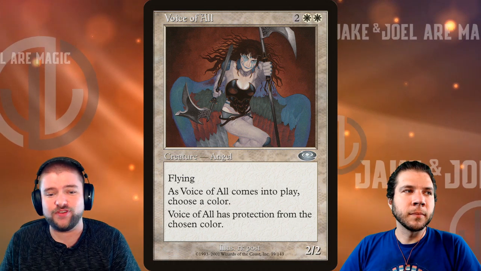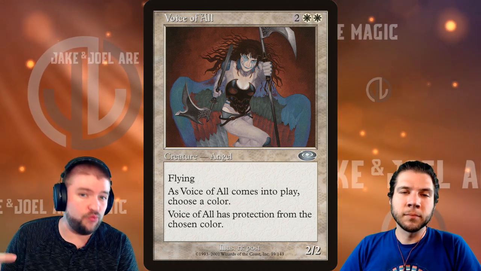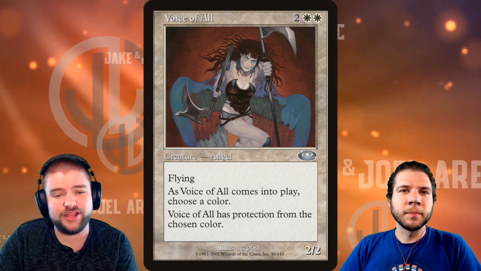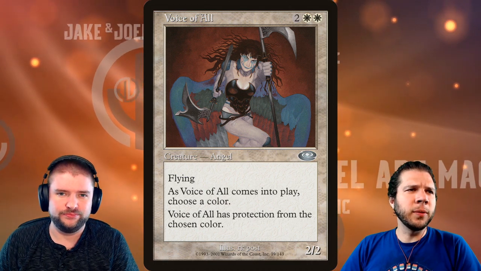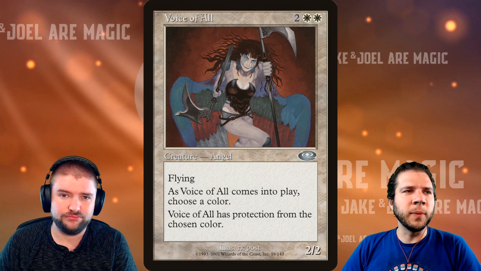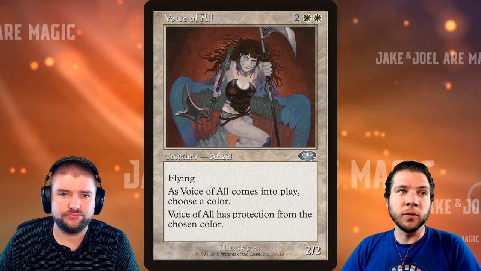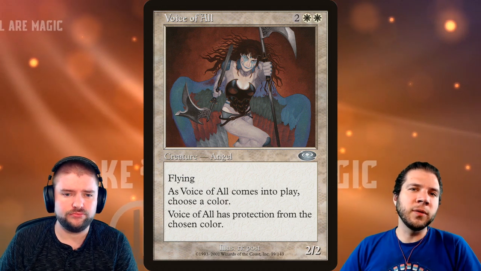White, 2 other for a flying 2/2. Comes into play, choose a color, so you get to choose the color right on the cast when it comes into play, rather, and it has protection from that color. Yeah, go with the color that's most likely to remove it. I imagine this being good in something where you can suit this up and just get through in the air with some evasion. Right. I think the card is great, and the reason it's on the list is because